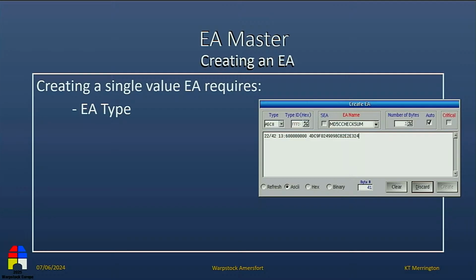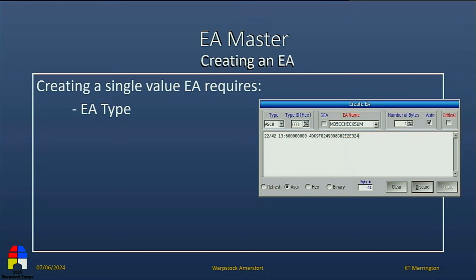But for example, this is an EA called MD5 checksum, which I use in some programs just to put a checksum behind the file, so you can cross-check that the file is still valid with the data when it was originally created. And this below is the format of that particular EA.